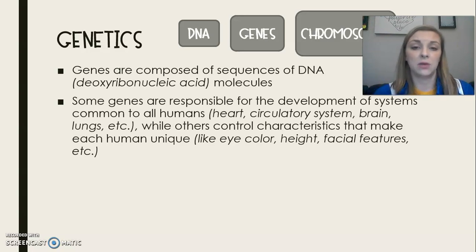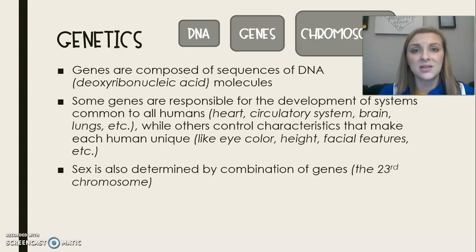Some genes are responsible for the development of systems like our heart and our circulatory system, which is our blood, our brain, our lungs, etc. But others make our characteristics that make us unique, like our eye color, our height, our facial features. So each gene does something different, and sometimes those genes work in combination with other genes in order to make you who you are. Sex is also determined by a combination of genes, and it is located on the 23rd